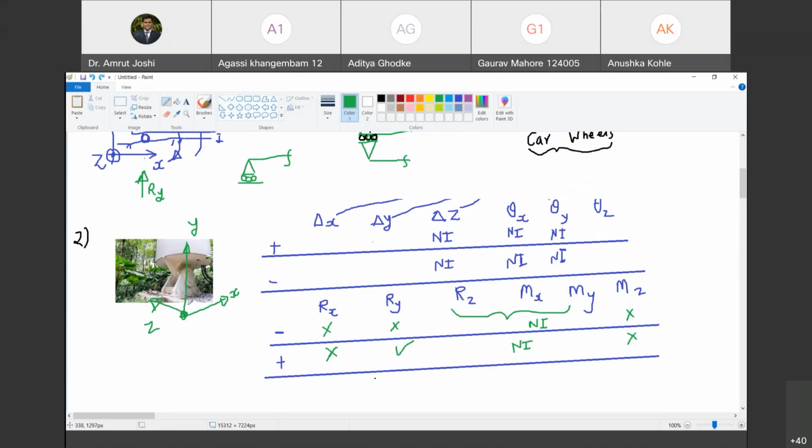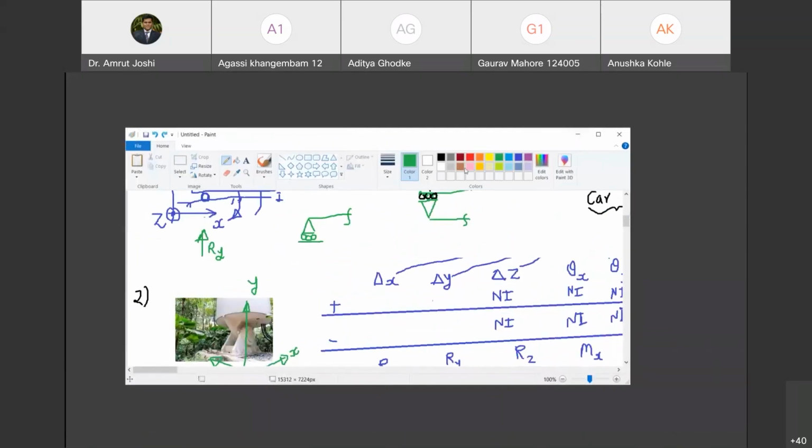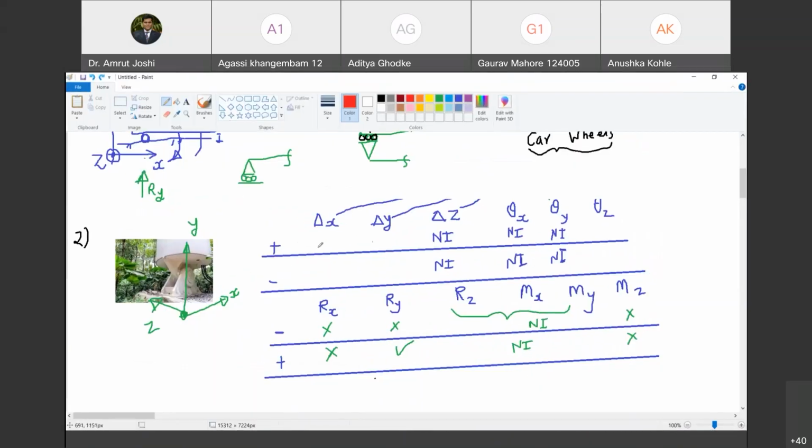Of course, when I say not possible, it is within some force limits, but within the force limits in which this member is intended to be there, pushing or pulling in the delta x direction is not possible. Do you agree with me? Yes, sir. So therefore, let me mention delta x positive and delta x negative is not possible. Happy? Yes, sir. What can you say about delta y? Can I pull this member off? No.